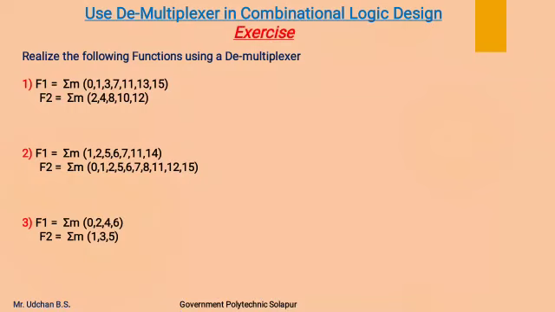These are the exercises based on the realization of combinational logic circuits using demultiplexers. You have to solve these on your own. You can refer to the TechMax book to solve these examples